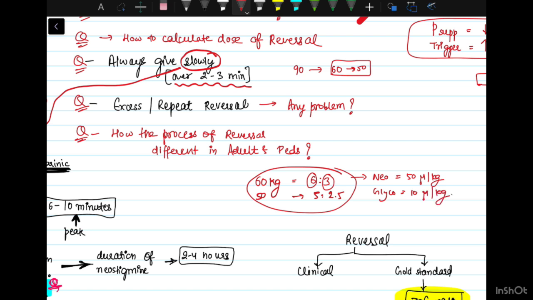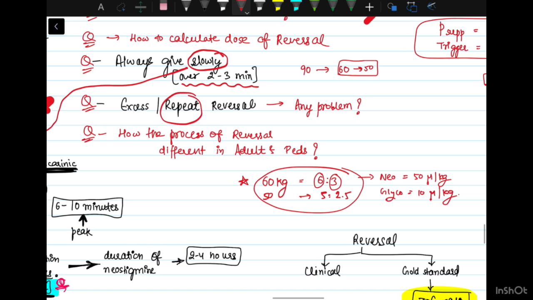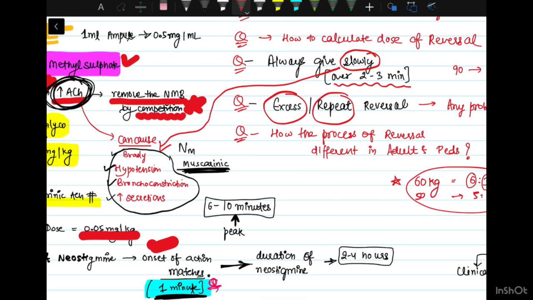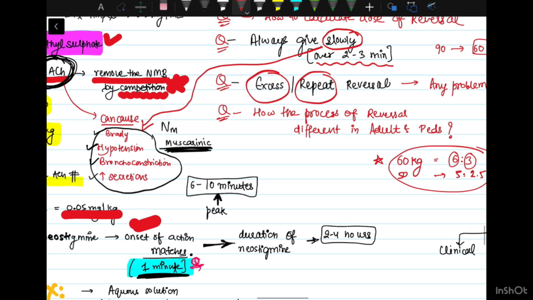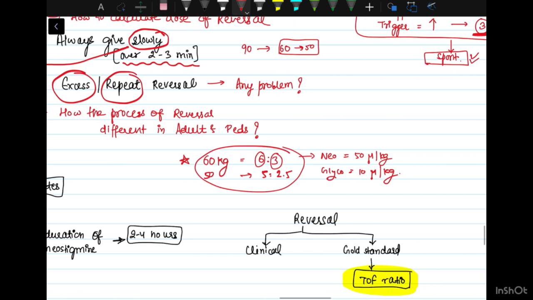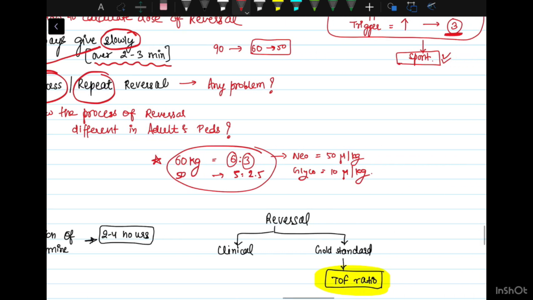Now leaving it aside, suppose you have given this adequate reversal dose, still the patient is not coming out of the effect and you want to give a repeat reversal, or you want to give a bit more of the reversal. Now, is there any problem with this? You can keep on giving reversal, you can keep on repeating reversal. What may happen? Obviously, the side effects of bradycardia and hypotension may occur, but additionally, repeating reversal may actually cause